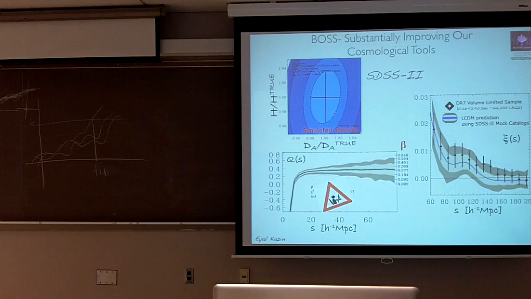For example, we can measure distances and the expansion rate. So these are current constraints that I get from simulations. I get to do it on the real data. And I talked about the fact that you can use these two-point statistics also to test general relativity on very large scales through this beta measurement.